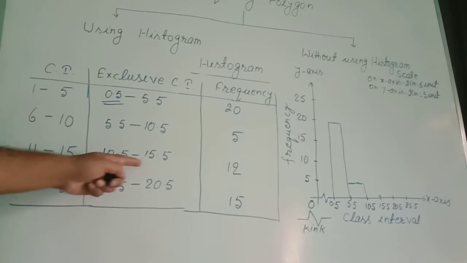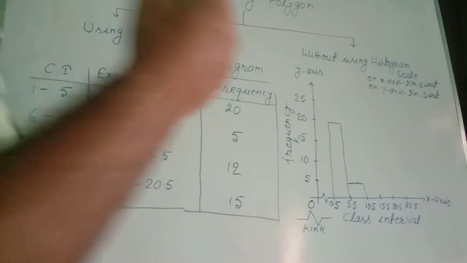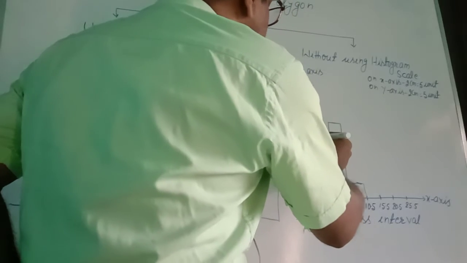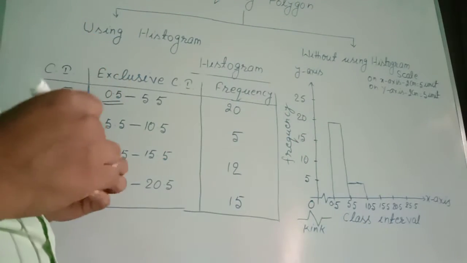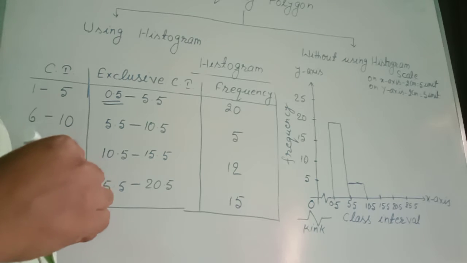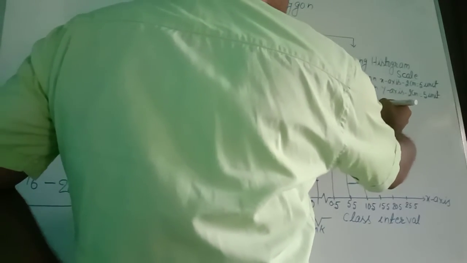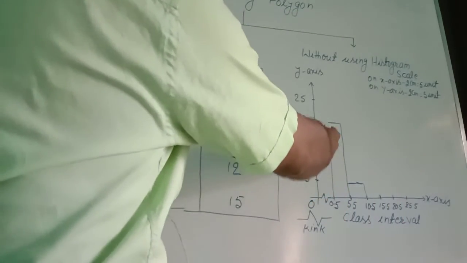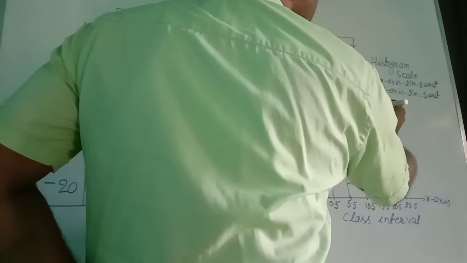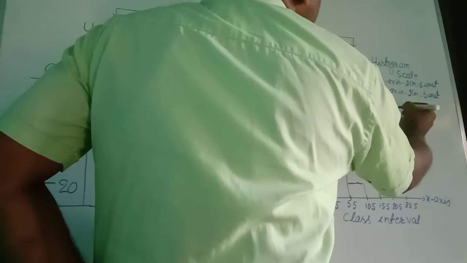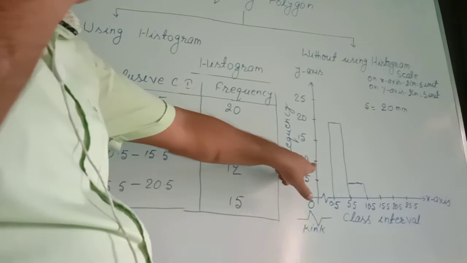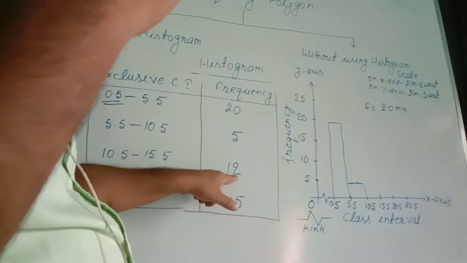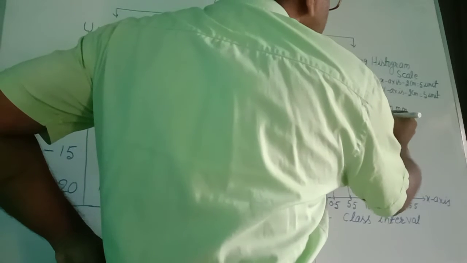Third class interval is 10.5 to 15.5. Take care, here the frequency is 12. So between 10 and 15, there are 20 small millimeter divisions, which equal 5 units. We need 2. Up to 10 we can take till here, but for 2, how many millimeter divisions will you take? So for that we will calculate.